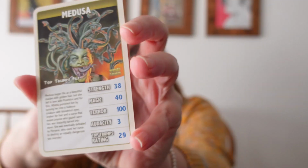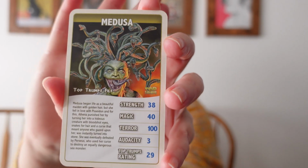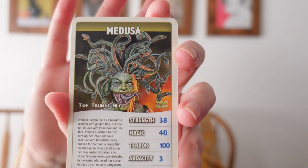And then we have several games that we're also doing. So this first one is called Top Trump. The way that you play it is you split the deck evenly between the players, and each player has a character on it and then all of their attributes. And this one, for example, is Medusa. Isn't that a creepy picture? It's so creepy. Anyway, I would pick an attribute that I want to compete against the other players at the table. Her best attribute is terror, which is 100. She is the highest